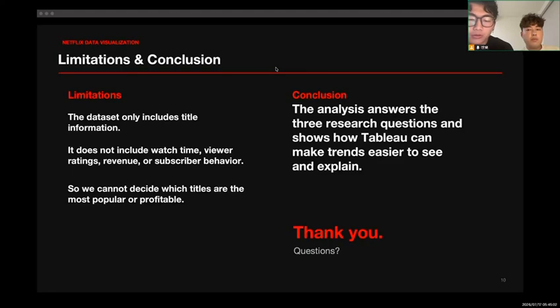For the conclusion, this project successfully answered the three research questions. We learned how Netflix has grown over time, where its content comes from, and what types of content are most common. Using Tableau made it much easier to identify trends and communicate insights through the interactive dashboards, and